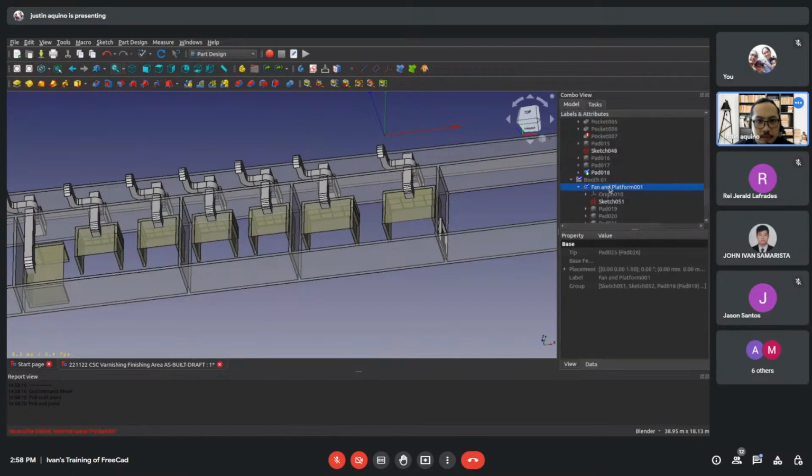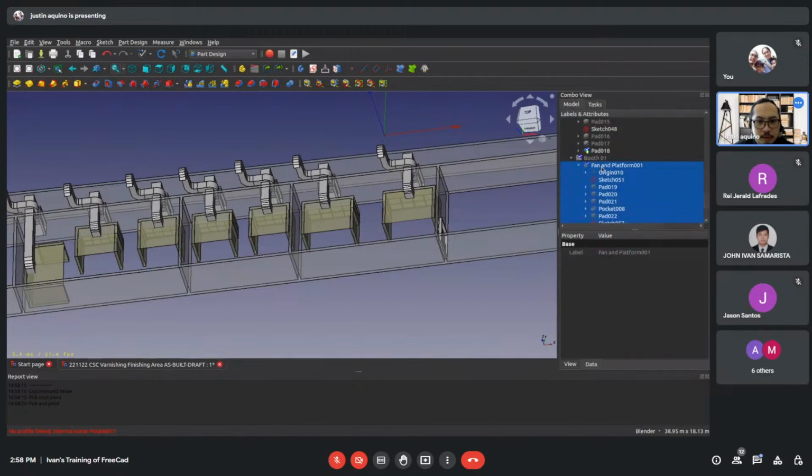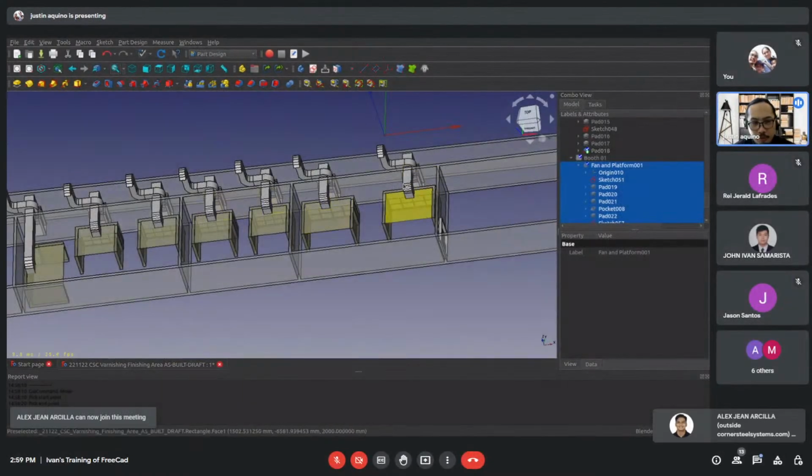Close. I think it's under. Yeah. Anyway, by tomorrow, Ivan, we'll need to be able to transform this so that we can